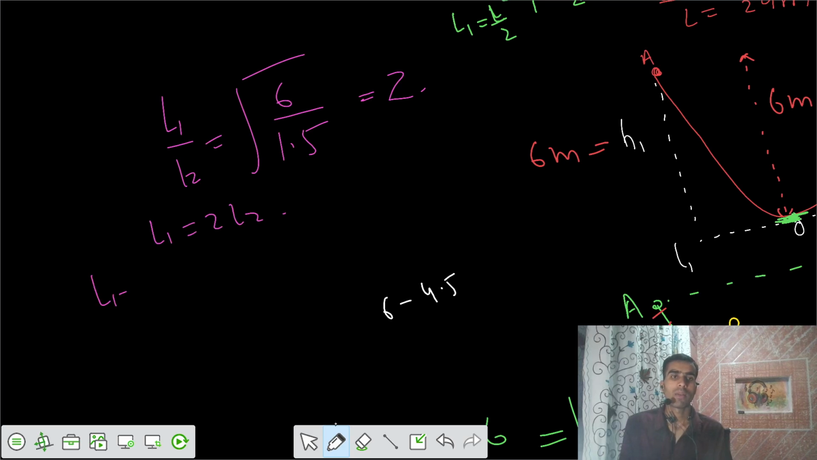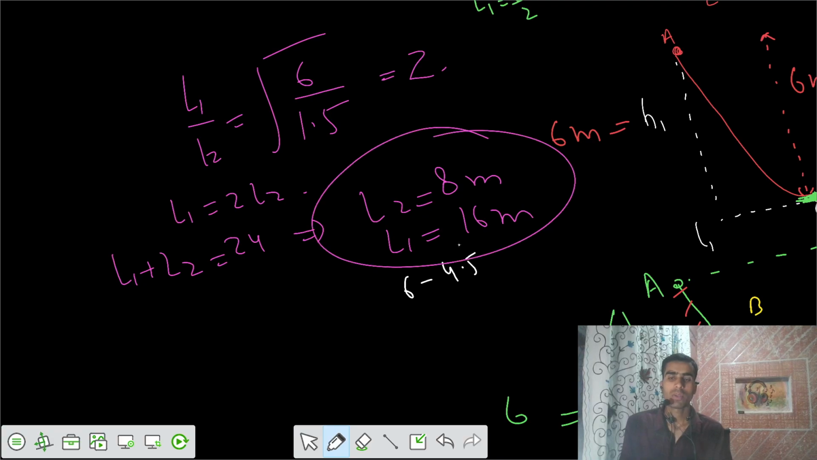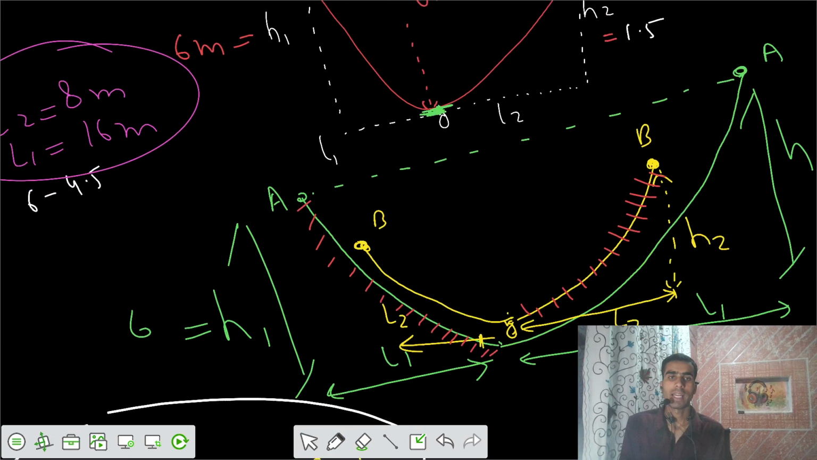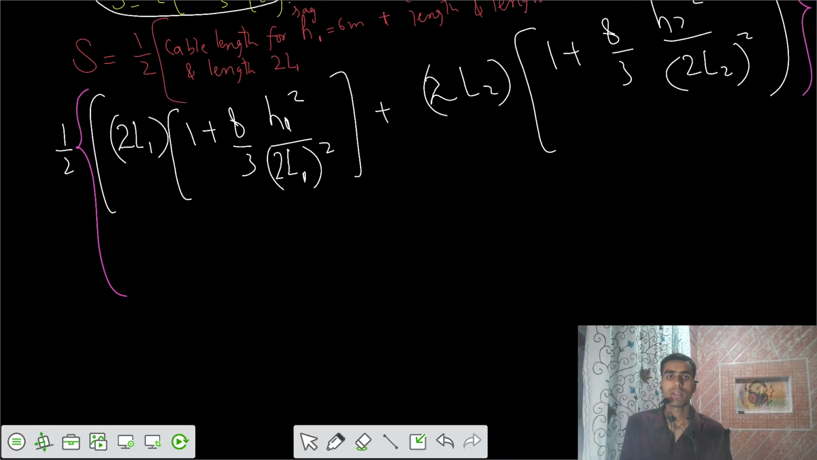And if I write that L1 plus L2 equals the total length of 24, then L2 would be equal to 8 meter and L1 would be equal to 16 meter. Now I have to substitute these two values, 16 and 8. Now if I solve this further,